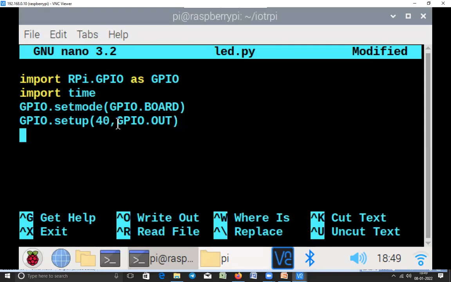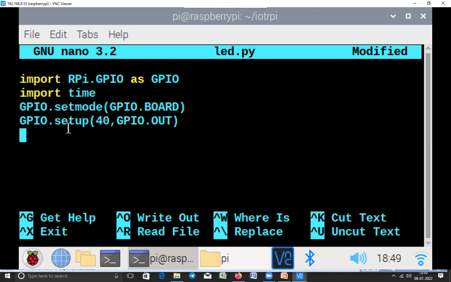Once done, the next step, all of you. So now the pin number 40 is output. Once this is output, the next step is we have to produce voltage from this. If you write a 3.3 volt signal, then the LED will be on. If you produce 0 volts or low signal, then LED will be off. So this is only setup, all of you.